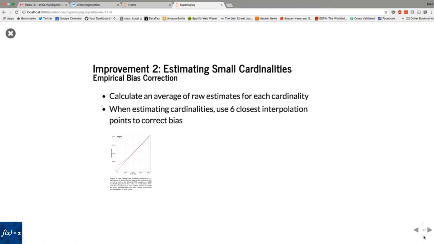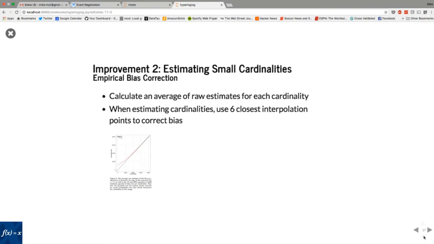So what they do is they do experiments basically to figure out how much the bias is at that range of cardinalities. And so they just run a bunch of experiments at each cardinality, and what they figure out is they take an average of that and figure out what the bias is for that average cardinality. And they essentially store that. They say they store 200 points. So when they're actually doing real cardinality estimation,